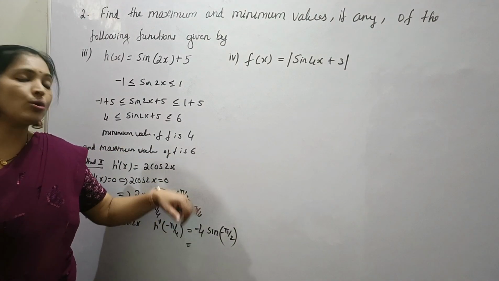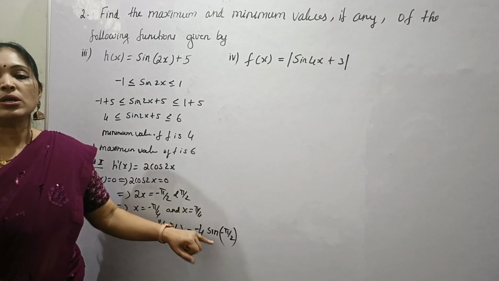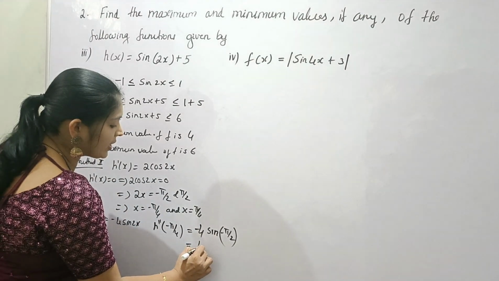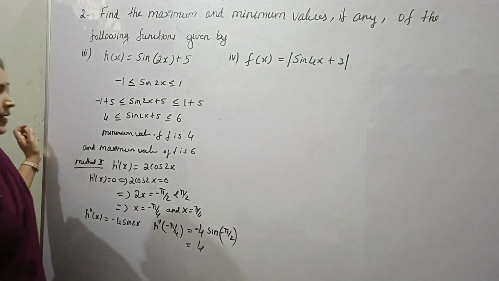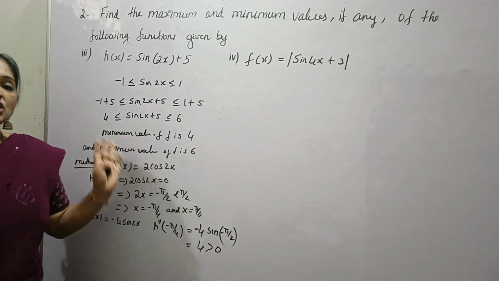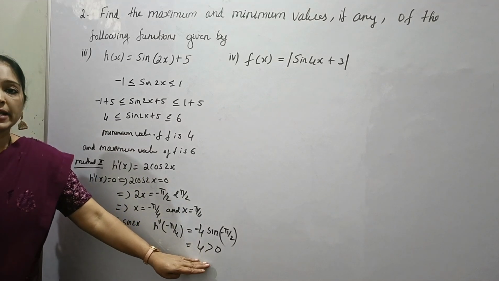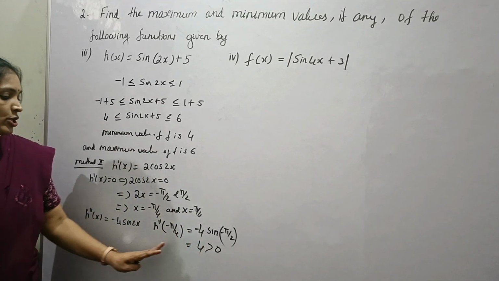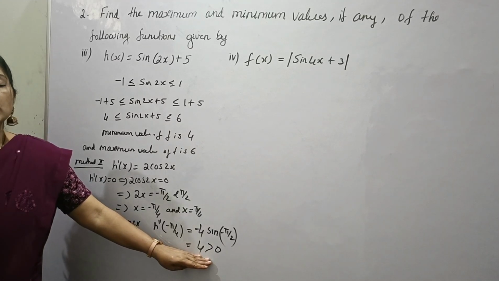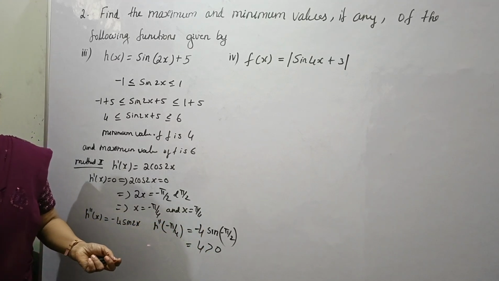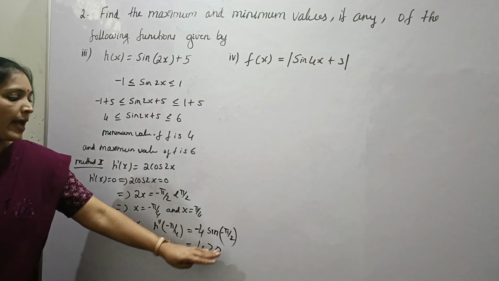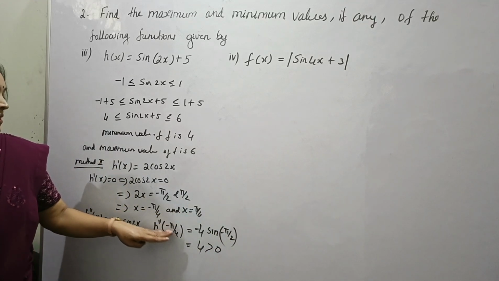Therefore, minus 4 into minus pi, sine pi by 2. Sine pi by 2 is 1. So, minus into minus is plus. So, we will get 4. That is greater than 0. That means h double dash of minus pi by 4, that is f double dash of c, is greater than 0. So here according to the second derivative test, this function has minimum value at x is equal to